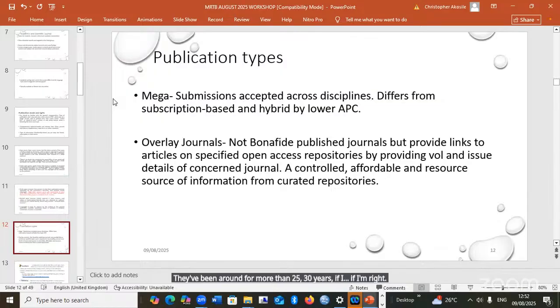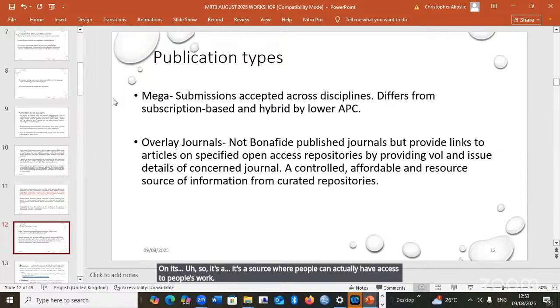And there is what is called overlay journals. Overlay journals are actually not bona fide published journals. These overlay journals only provide a researcher or a student with links to articles on a specified open access repository. This link will have the volume and issue number of the concerned journal on it. And so it's a source where people can have access to people's work from curated